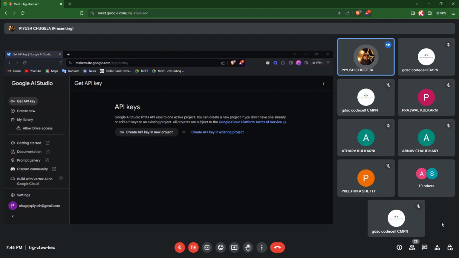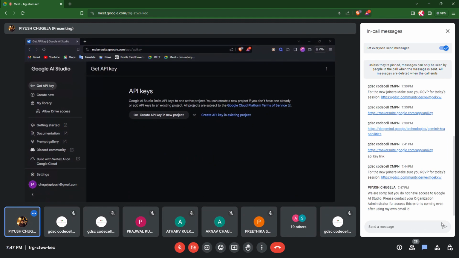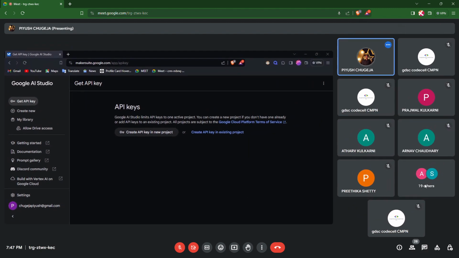Everybody who's facing this particular error, I'll just type the error in the chat box. Everybody who's facing this particular error, make sure you are using your personal Gmail IDs, and if you are still getting an error, go to incognito mode, paste this link, and sign in with your personal Google address.